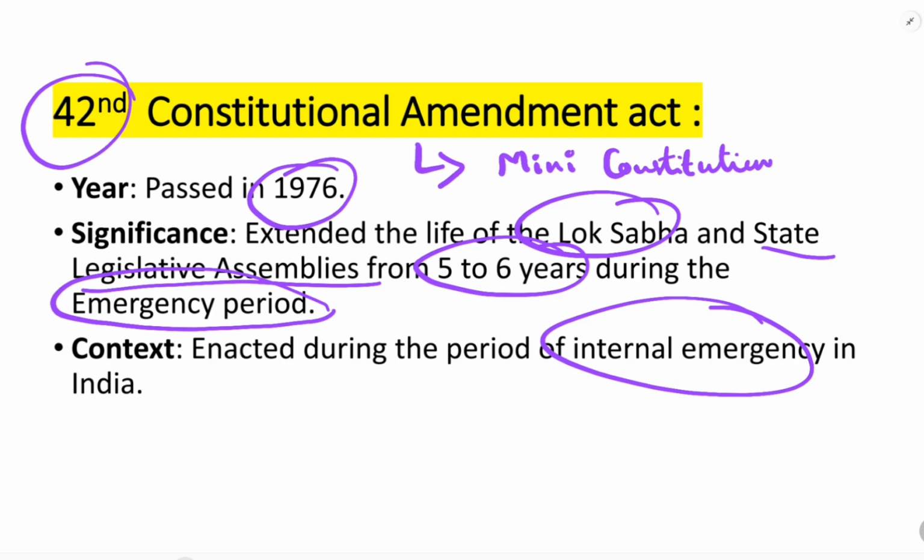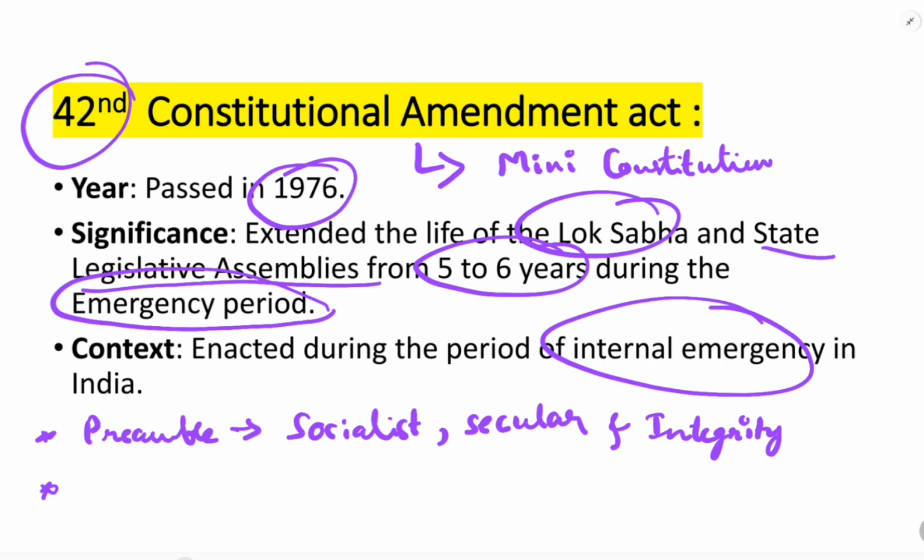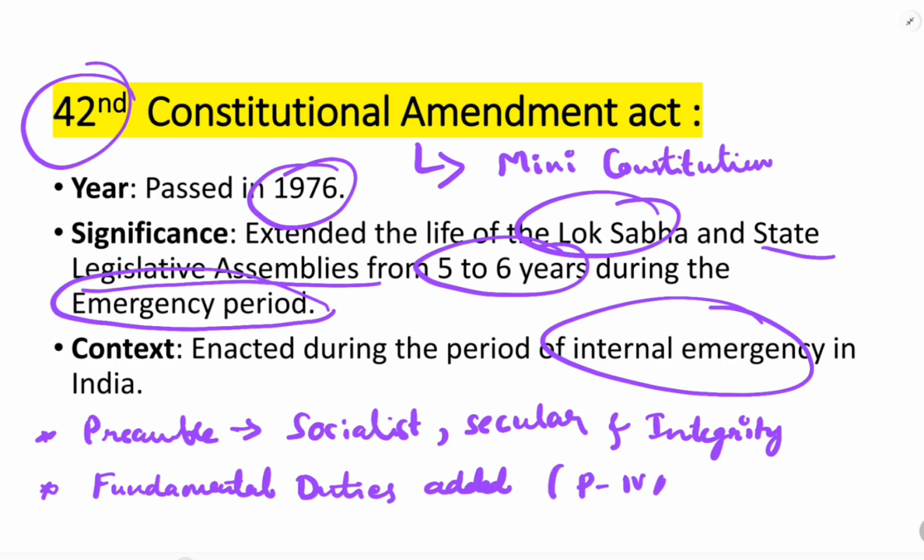3 words have been added to the Preamble, such as socialist, secular and integrity. And fundamental duties for citizens were added through this constitutional amendment. In Part 4A, fundamental duties were added, and also 3 new DPSPs were added